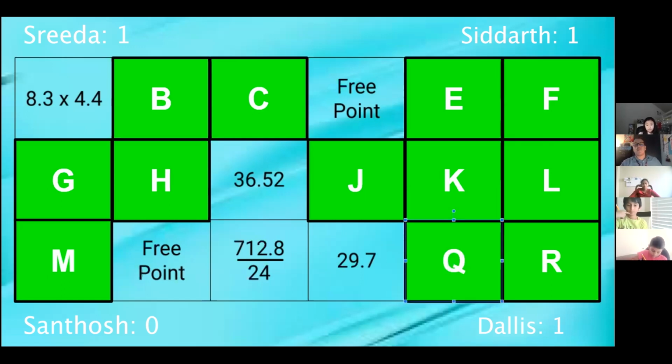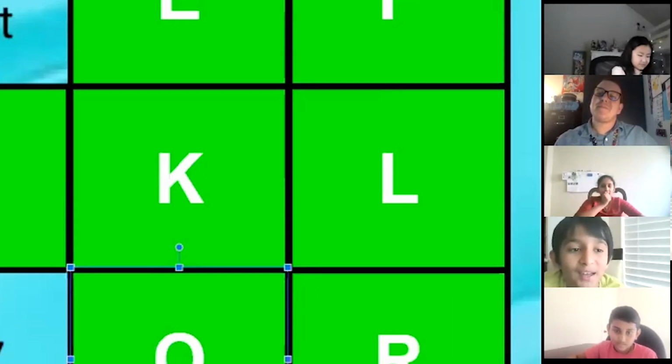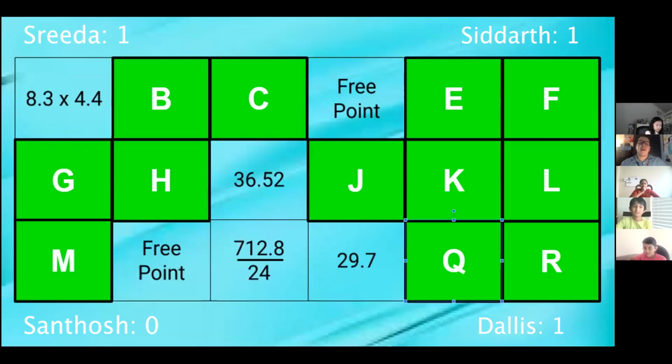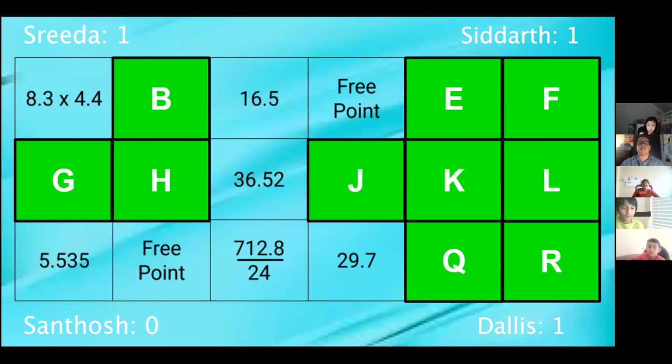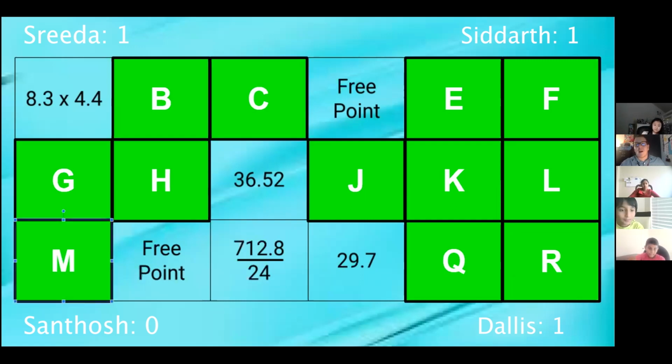All right, Santosh, can we get on the board? Let's see what you got, dude. I'm gonna choose M and C. So we've got M over here, which is our answer, and C up here, which is another answer. So no match. Santosh is not on the board yet. All right, Siddharth,